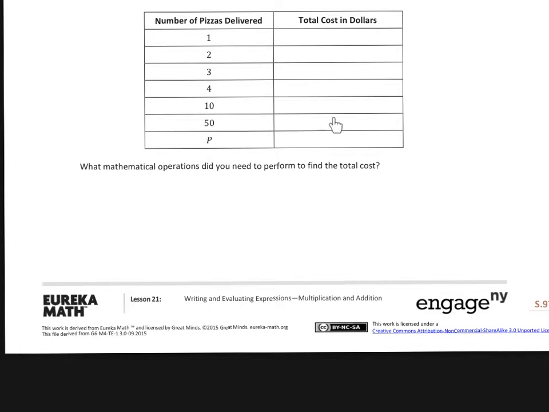So determining the cost of various numbers of pizzas using this chart by finding the cost in dollars based on how many are delivered. So obviously with one pizza, that'd be $4 plus the 2. So the total cost is going to be $6. Now I don't really need that dollar sign because I do already have it labeled up top there. So I'm just going to write 6. All right, now what about 2? Okay, so we'd have 2 4s. It's 8 plus 2,